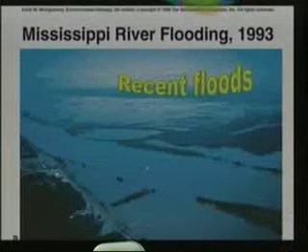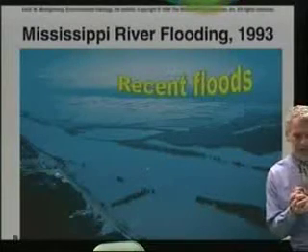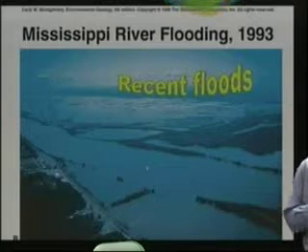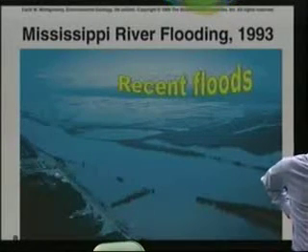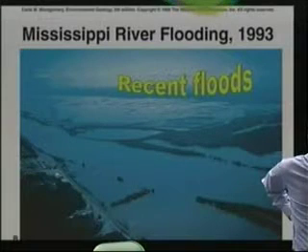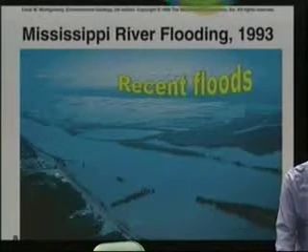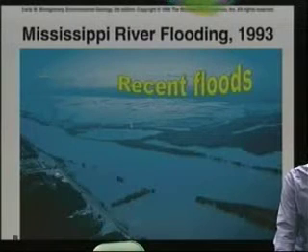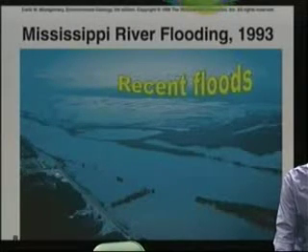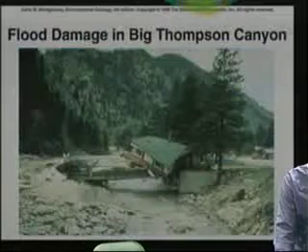But what about the recent ones? Here's a shot of the 1993 flood in the Mississippi River. Some of you from eastern Kansas, and Missouri and Iowa and those regions, would probably remember more about this all the way down the Mississippi. It was quite a wet year. Even here in Hays, Kansas, we had trouble with it. And you can see a lot of the floodplain out here that's completely submerged, a lot of homes underwater,